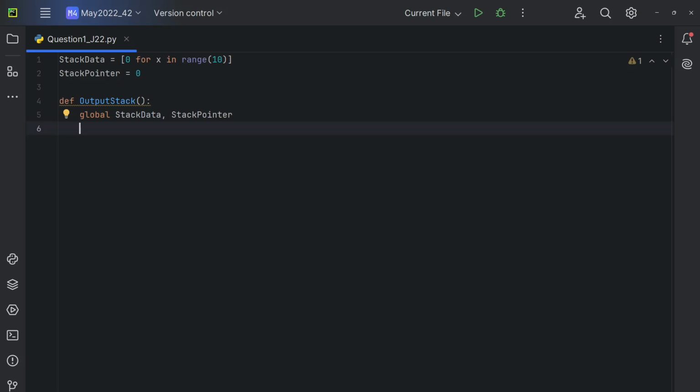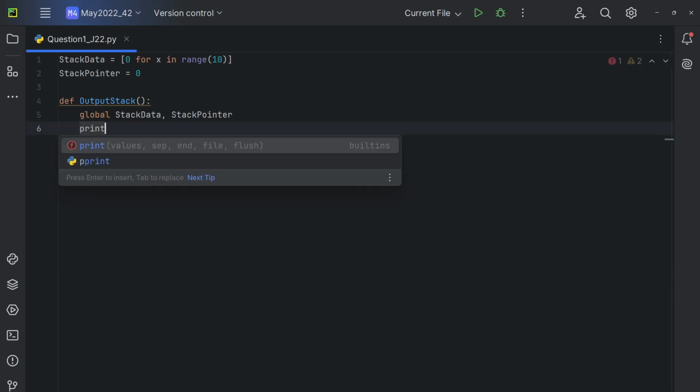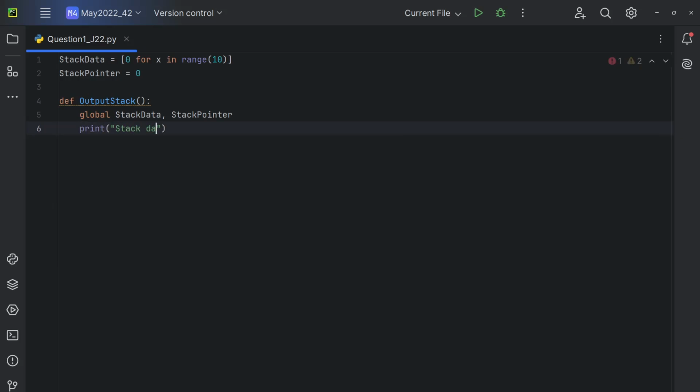Let's print stack data, and then for x in range for 10 elements. We want to do it for the number of elements in the stack, right? Then how many elements are there in the stack? So let's say for range,